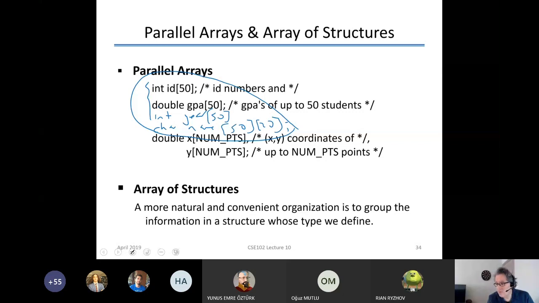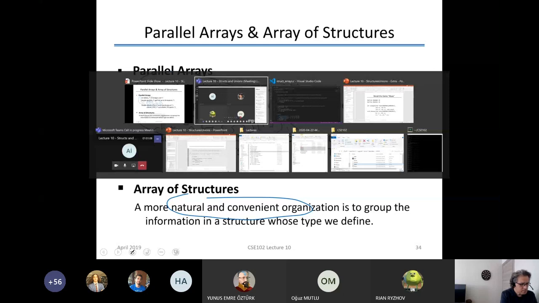So 5 different variables, 10 different variables. This doesn't make any sense, of course. A more natural and convenient way of doing this would be to keep all these things in a structured type and then create an array of that type. So in principle, you should be able to create a type and create an array of that type. So what we'll do in this case is simply say, okay, now I will